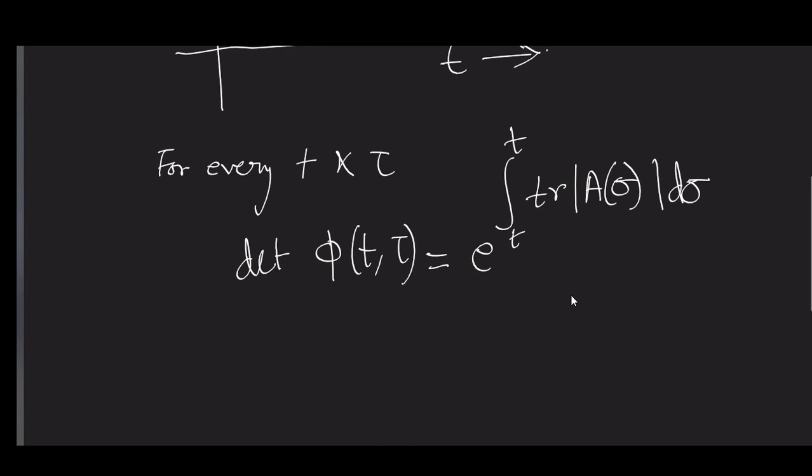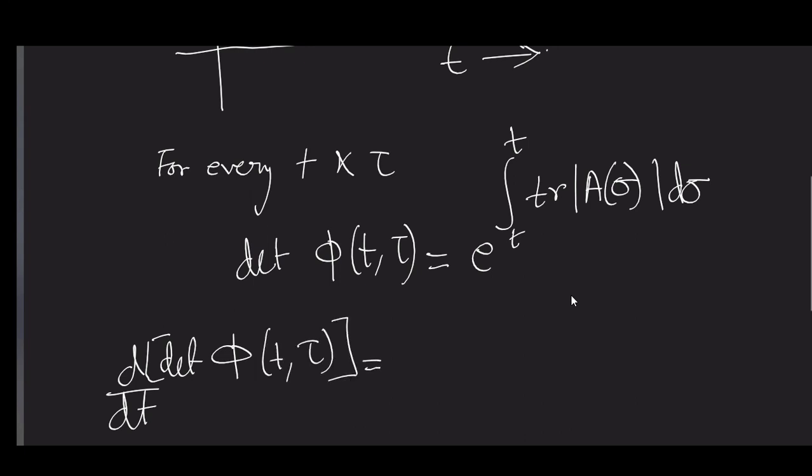So the key is to show that for any fixed tau, our scalar function, this one, is, that is, d/dt of the determinant of this. If we can prove this one,